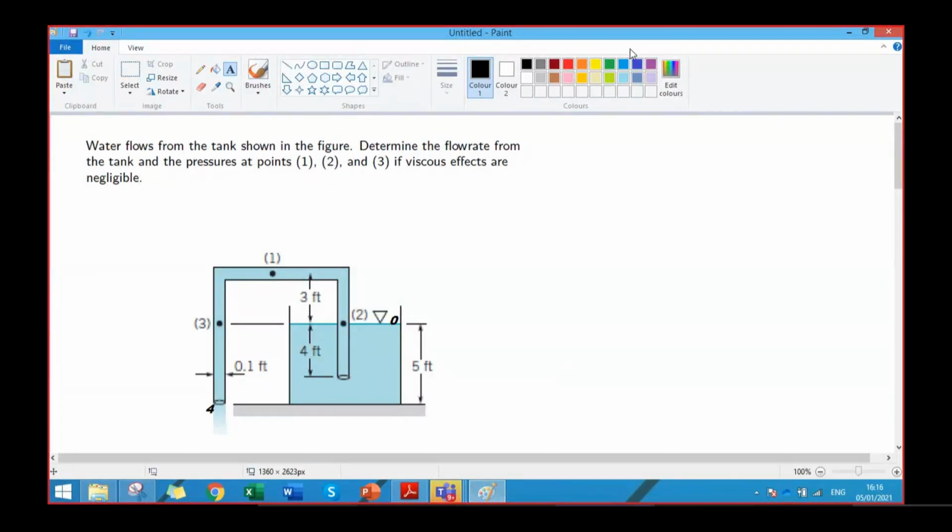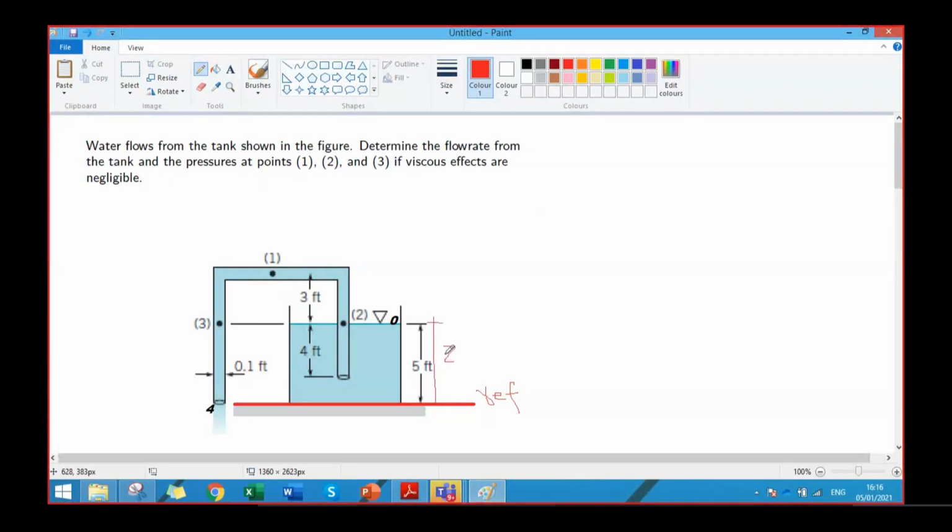And we use the bottom of the tank as our datum point, and measure the elevation from the reference line. So now if I ask you to write the Bernoulli equation between point 0 and 4, what will it be? Starting from point 0, P0 would be? 0. V0 would be? 0. We will only have Z0, which is 5 feet. So we'll write just 5